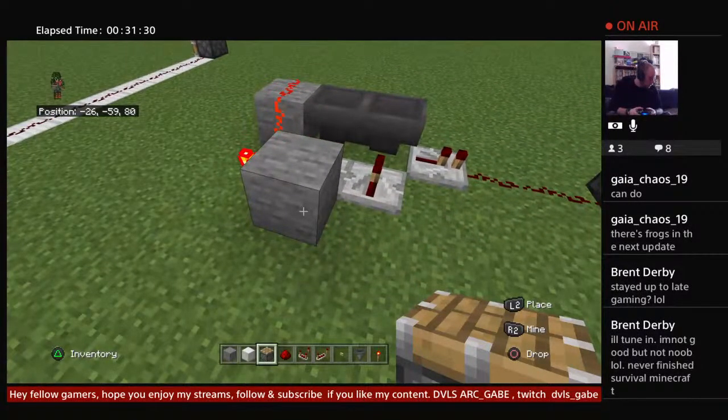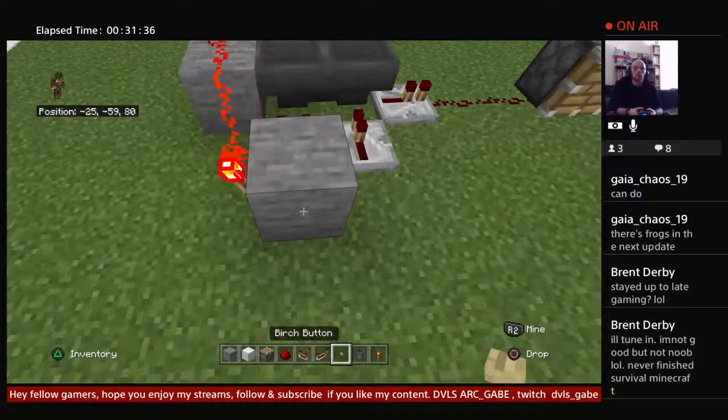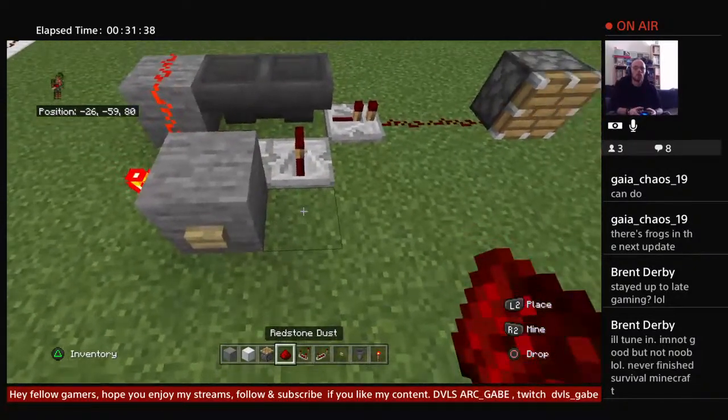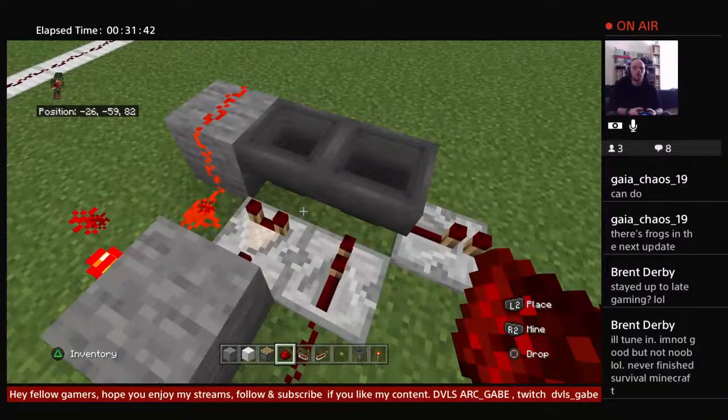What was I wanted? Was there ticks on that? I don't think there was ticks on that. No, there wasn't any ticks on that. Okay, so you put a button there. Oh, and one bit of redstone. Okay, so what will happen is,